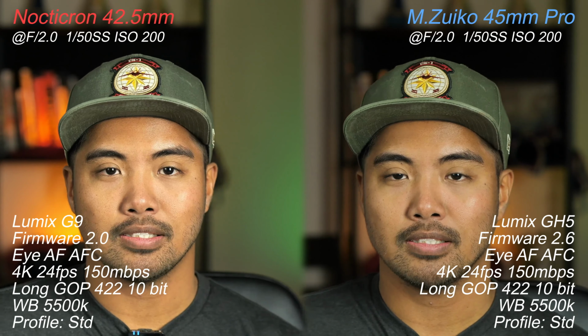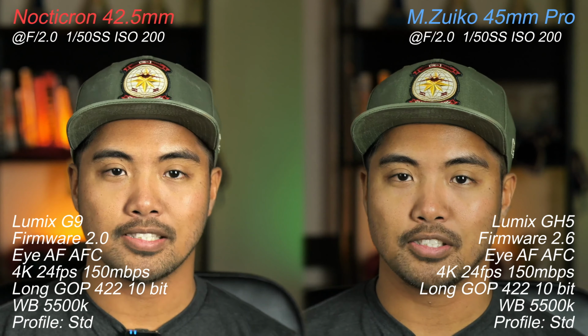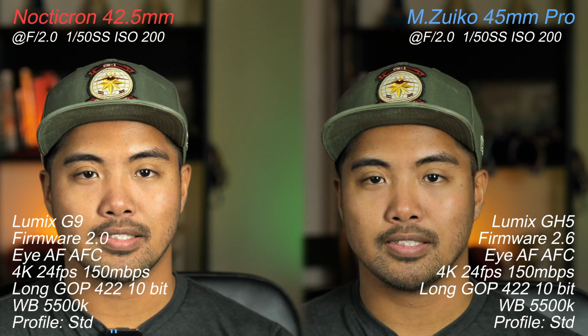As I've noticed from my earlier video comparing the Lumix 35-100 versus the 45mm for the Olympus, this time I'm comparing the Nocticron and the Olympus lenses to see how they are working against each other for this type of situation. As you can tell, it is more of a contrasty look to the footage. I also have a light 45 degrees on my left side, and a reflector on my right side to see how well the contrast detection works on both of these lenses